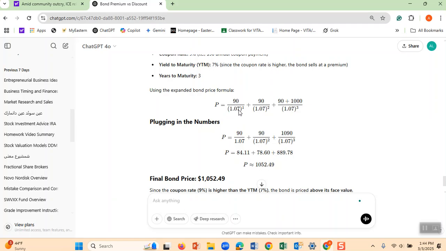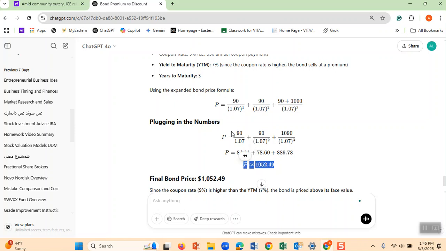If this goes up, then the price of the bond will drop, because it will be a smaller number. Instead of being $84, it will be $80. Do you see that? Then this one drops also. Anytime the denominator goes up, the whole number drops down. The price of the bond